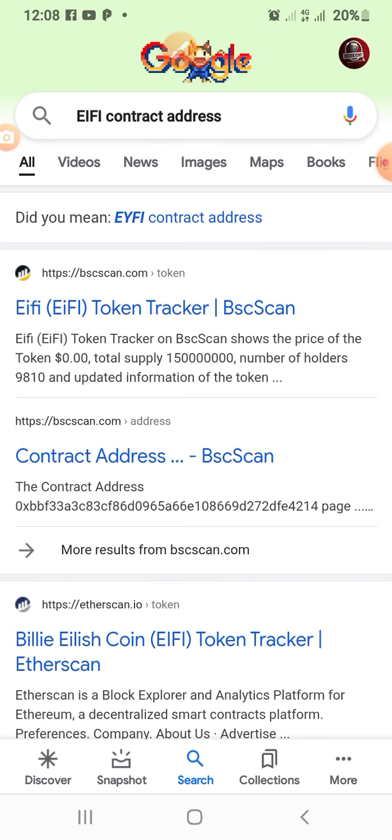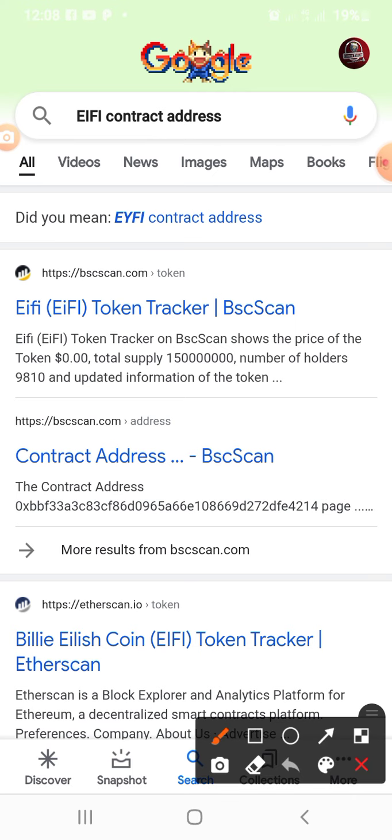Okay, so now we are here. Being that the airdrop we are claiming is on the Binance Smart Chain, the very first thing that will appear is this here. Can you see? What you can see here is bscscan.com. That is the